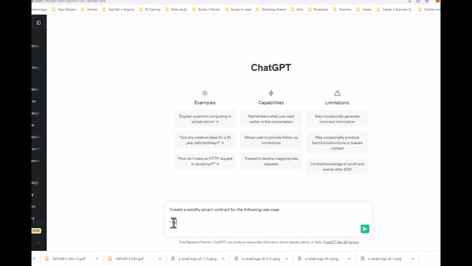So very simple, we're just going to say create a decentralized voting system for a community, allowing different people to vote securely on proposals.